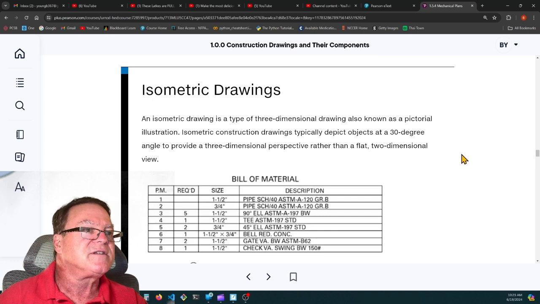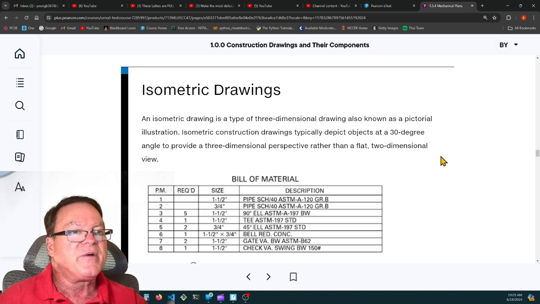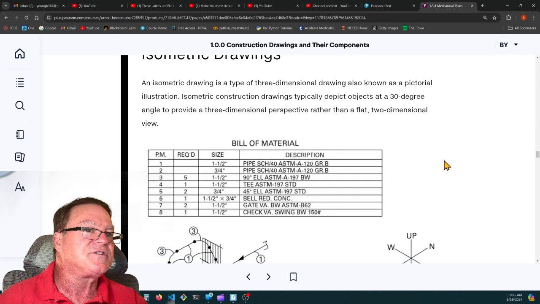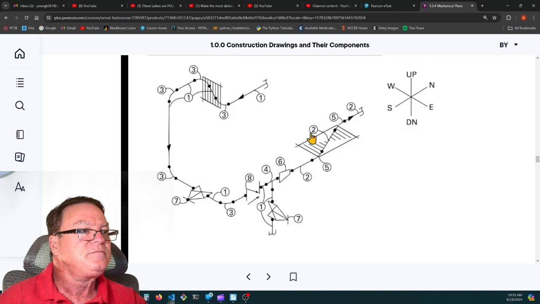An isometric drawing is a type of three-dimensional drawing, also known as a pictorial illustration. Isometric construction drawings typically depict objects at a 30-degree angle to provide a three-dimensional perspective rather than a flat two-dimensional view. See, it's easier for them to realize how this is run. There you go. There's their north, south, east, west, up and